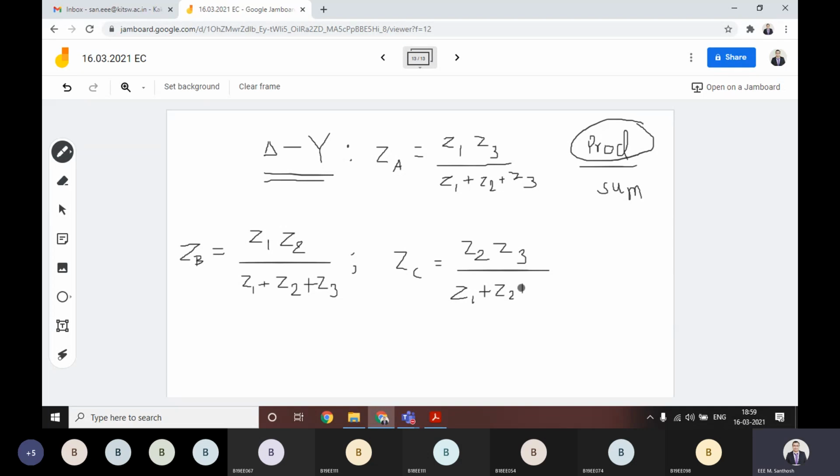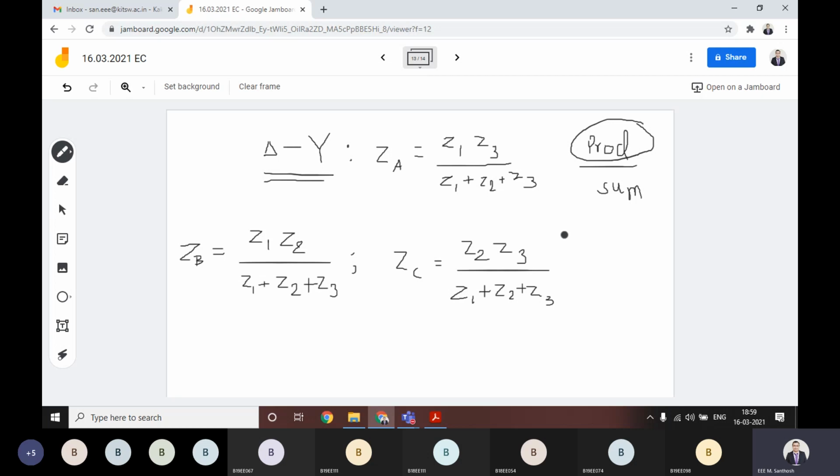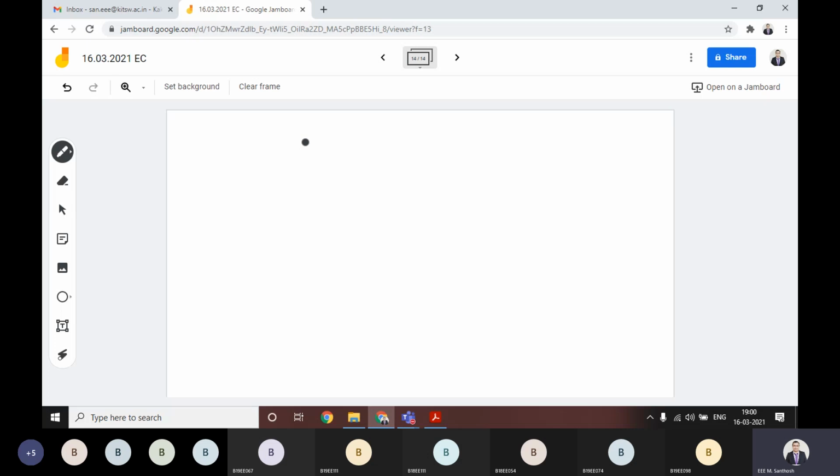Okay, keep it with you so that you can solve more and more problems based on source transformation and also star delta transformation, series connection and parallel connection. Okay, I'm giving you simple homework. I hope everyone noted down this star delta transformation. Then in the next class you have to come with the solution of this problem. You find the R equivalent for this kind of circuit.